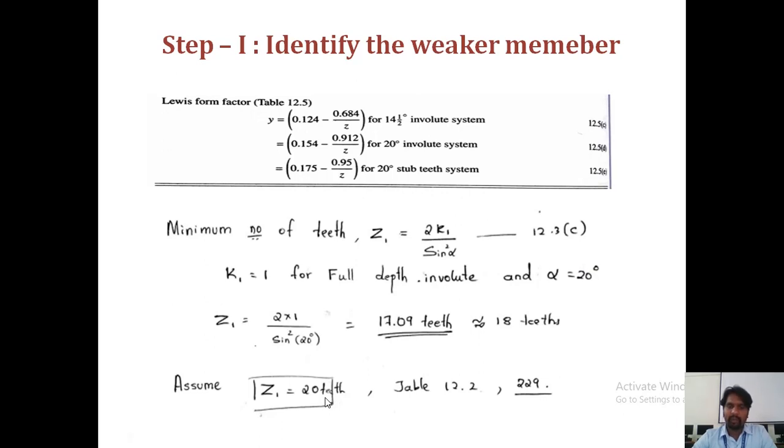So this is the problem where diameter is also not given and teeth also not given. In this case, what do you have to do? In the next problem, either in the examination or in the internals, you are not supposed to do this. You can directly assume the number of teeth is equal to 20 teeth on the pinion when both diameter and teeth are not given. So assume Z1 is equal to 20 teeth.